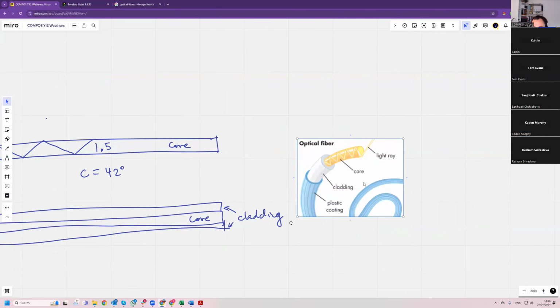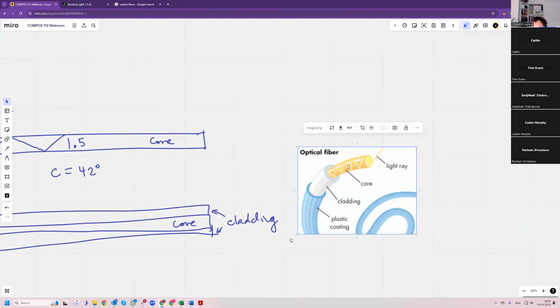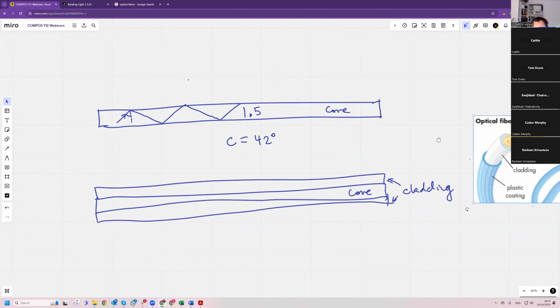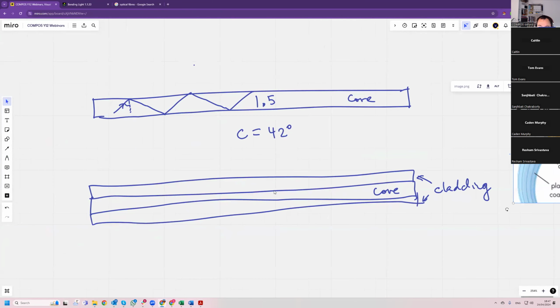So here it is. The cladding is outside the core. And you see the light goes in and it bounces back and forth through the optical fiber. But if you have the core in the cladding, so let's say the core is 1.51 and the cladding is 1.52 and the cladding is 1.51. So here the refractive index is